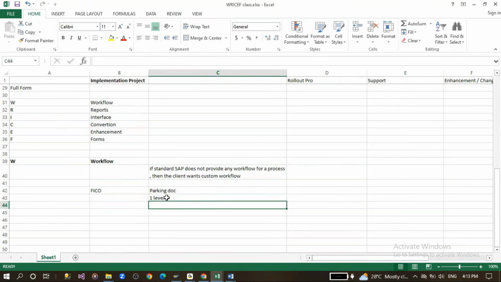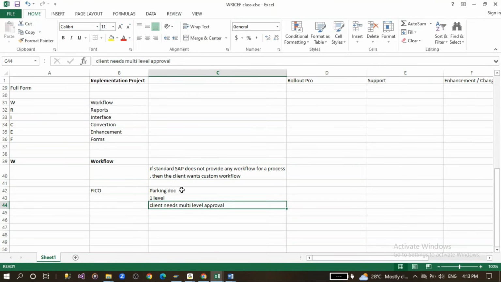All the clients in the market need multi-level approvals, right? So now what we'll be doing, we'll be asking the technical consultant,